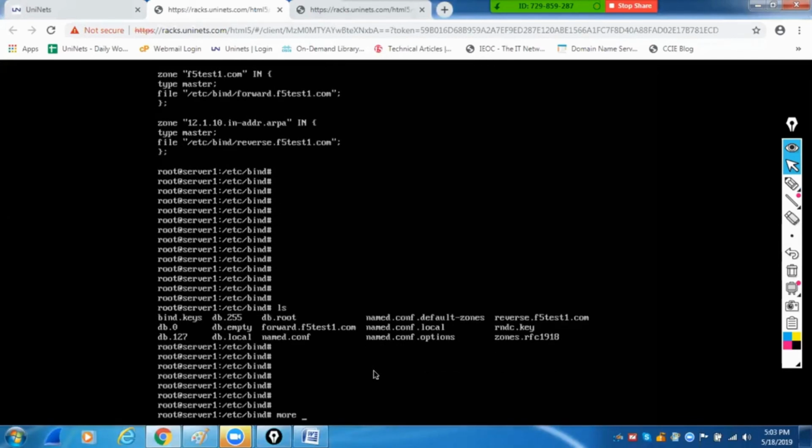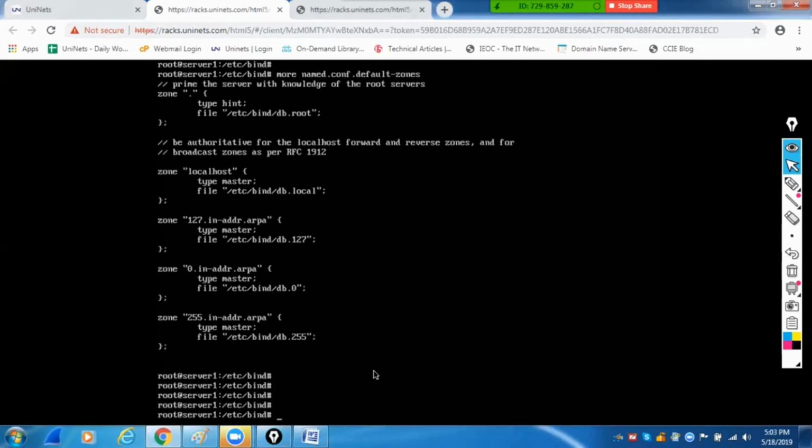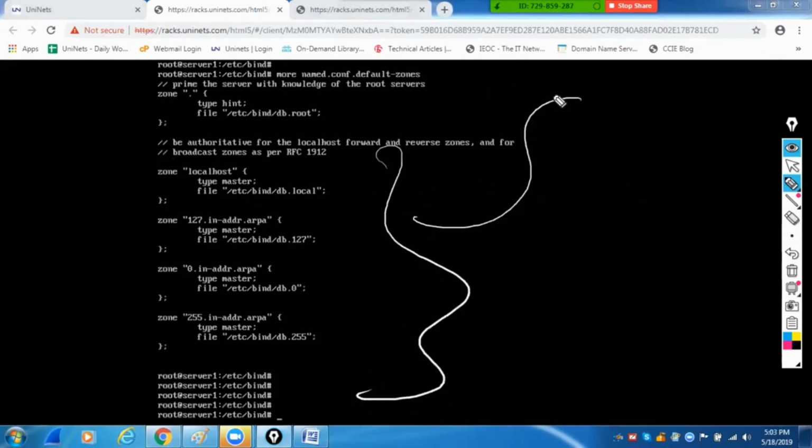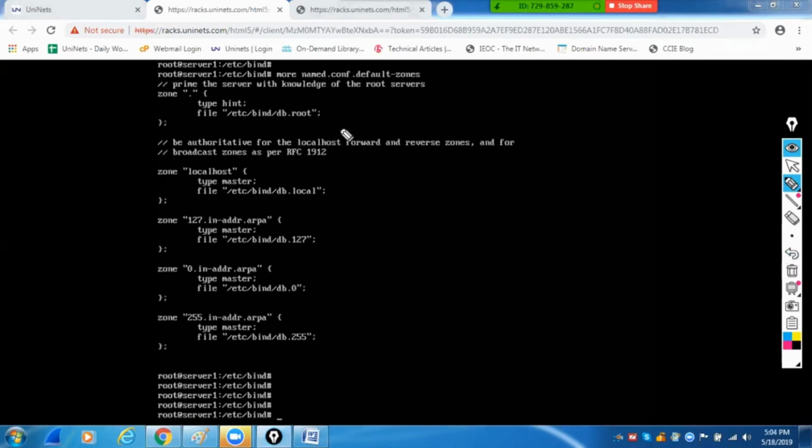And if you want to see the default zones, you can open named.conf.default-zones, and you can see here. So here is an example. You can make use of this template as well to modify the zones. First you will give the zone, and within this you will mention the domain name.